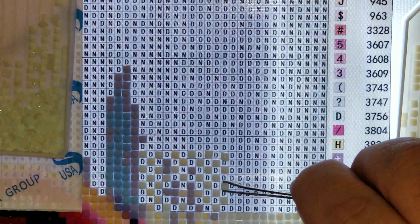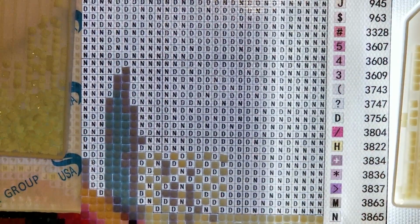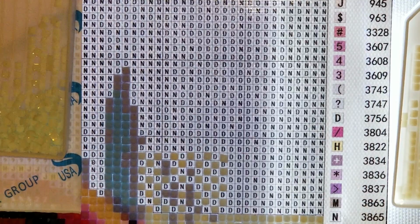Alright, almost. Yeah, here's the last one. Okay. So, you see this nice pretty checkerboard pattern. Now, I'm going to use my pick-me-up pen. I've been using that lately, but I'm going to use that to fill in the gaps. And watch